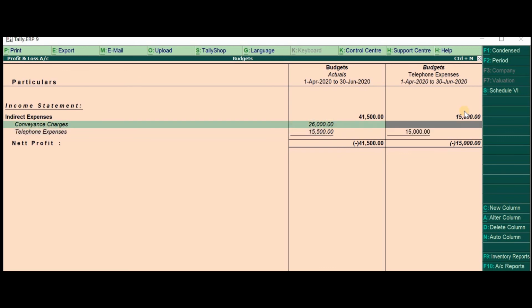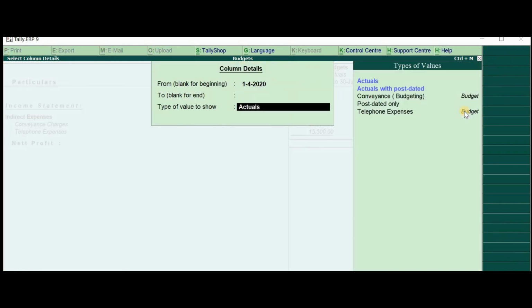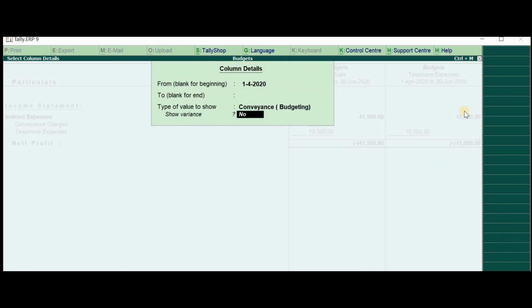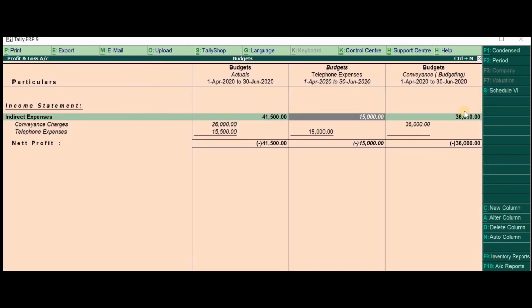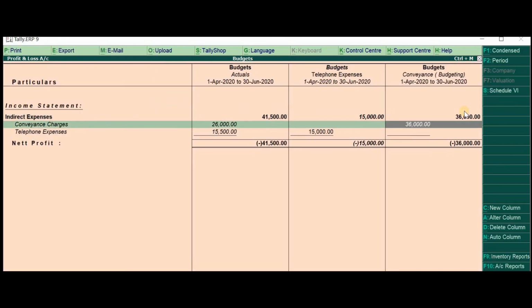Conveyance we have not seen. Suppose you want to see conveyance right here, just press Alt C again and take conveyance. Here you see 36,000 was the allocated budget and you have already spent 26,000 till now.